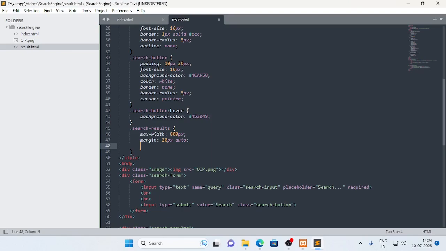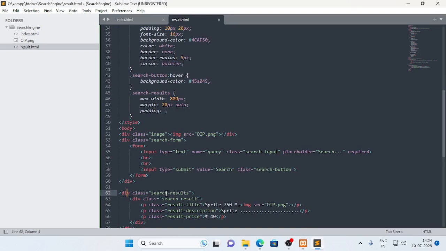Then I wanted to have a padding, that is inner margin. Inside this div or this class, whatever is present, it will have a margin from inside, which we call padding. It will consume the inner part. Okay, the margin from the inner part, we can say. I wanted to have 20 pixels,